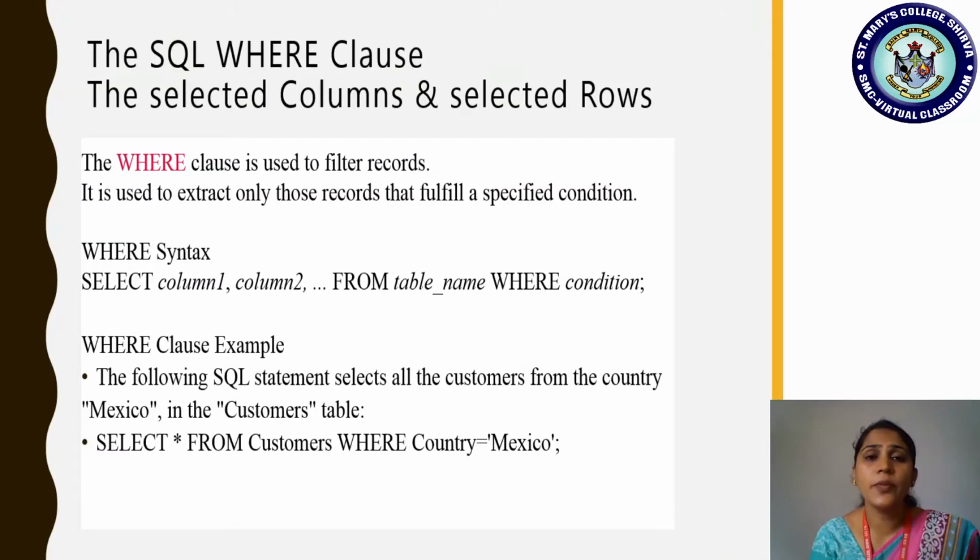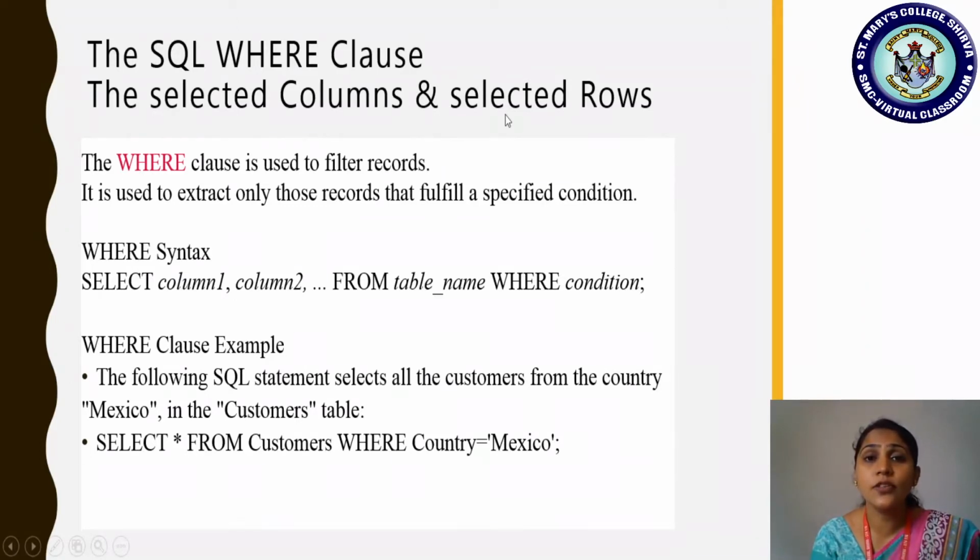That is the only attribute I want to refer to. Those are the selected columns. The selected column means the interested attribute. So I am interested in student ID or roll number and student name. Those are the two columns I am interested in. So, the selected columns and selected rows.